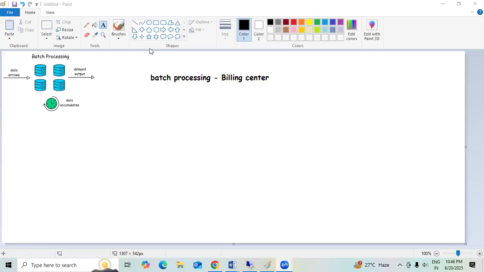Right. So in today's session, we are going to discuss batch processing, especially on the Guidewire billing part, especially when we are working on the integration part. Because when we try to understand batch processing on a high level note,